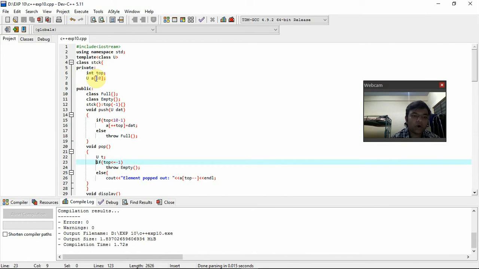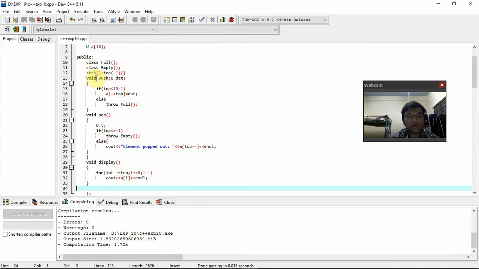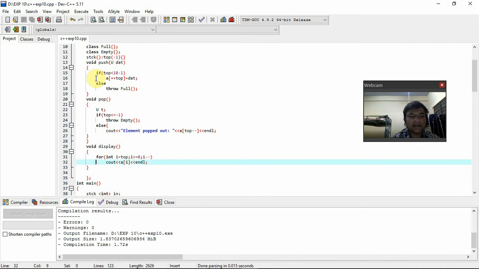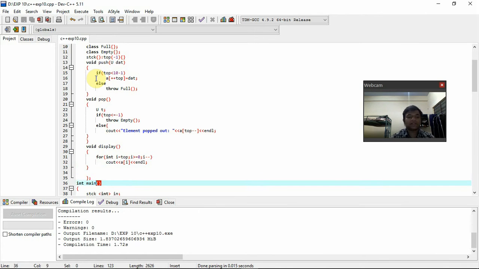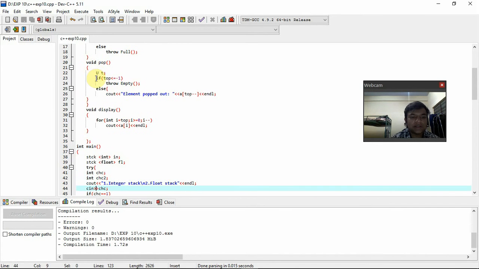Then void pop, which means the element will be popped out of the stack. If top is less than or equal to -1, throw empty, else the element is popped out. Then void display: int i equals top, i greater than or equal to 0, i minus minus, and it is going to display that. Then creating a main function with stack int n and stack float f1, then int ch and ch2,